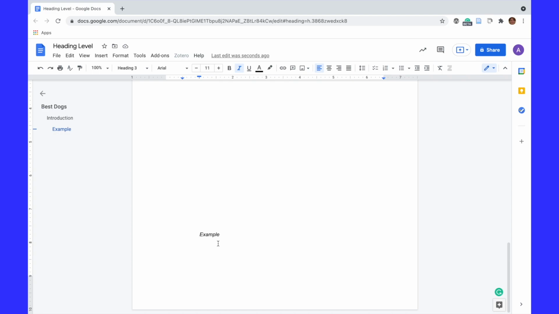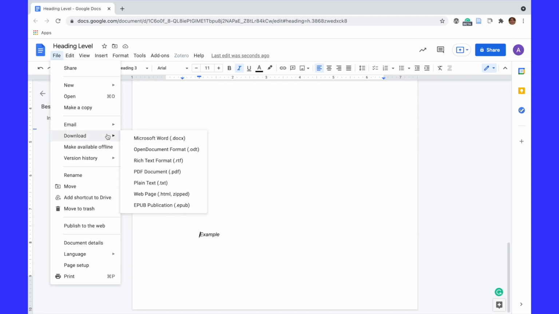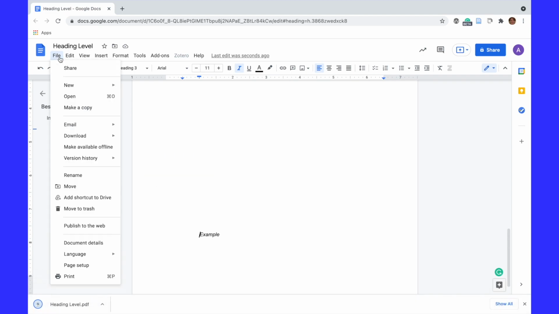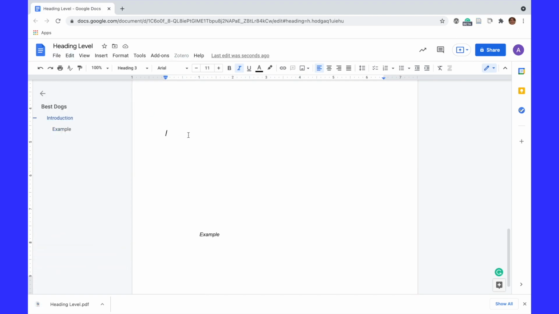So that can be really useful if you have a big document. You can use this left side to kind of navigate and find key sections for yourself, but this is also used for screen reader users. And again, you could click download PDF, download Word document, and that should work as well. We'll be able to demo that in a moment.